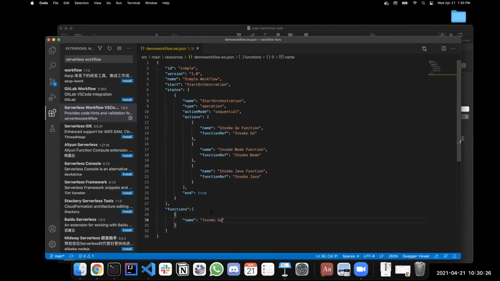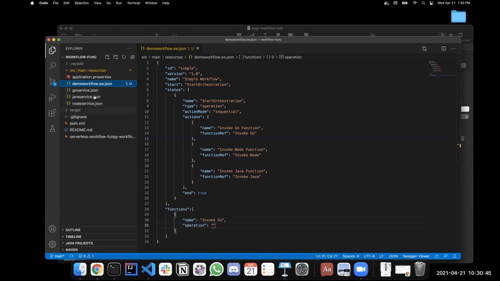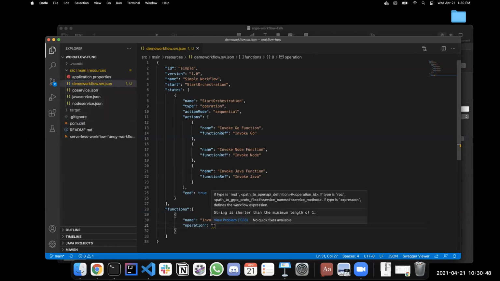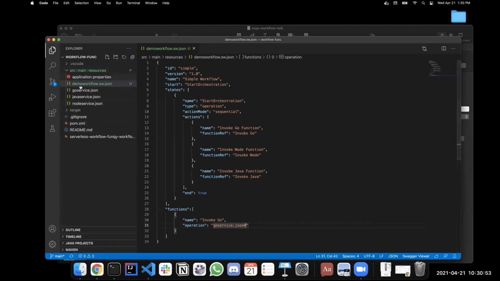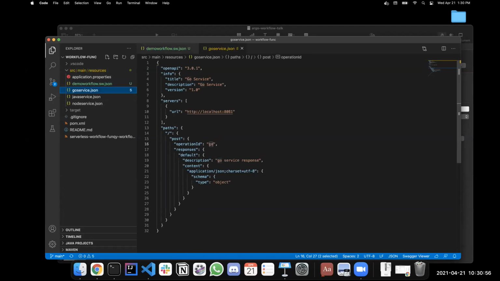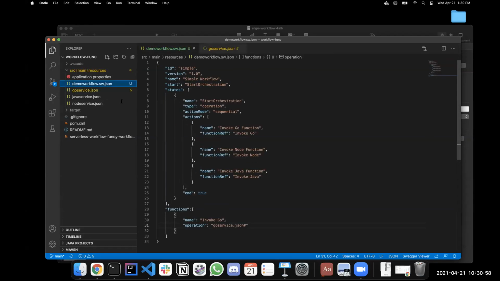So here we have a little function definition. We have to match the name to the function reference. So this function reference, when we come here, we will try to look it up by name in the function definition. And the operation parameter is currently a path to your OpenAPI definition, which in this case is our Go service, and to the unique operation ID of that particular service, in which case it's Go. And then we can do the same thing for, whoops, I didn't copy it,